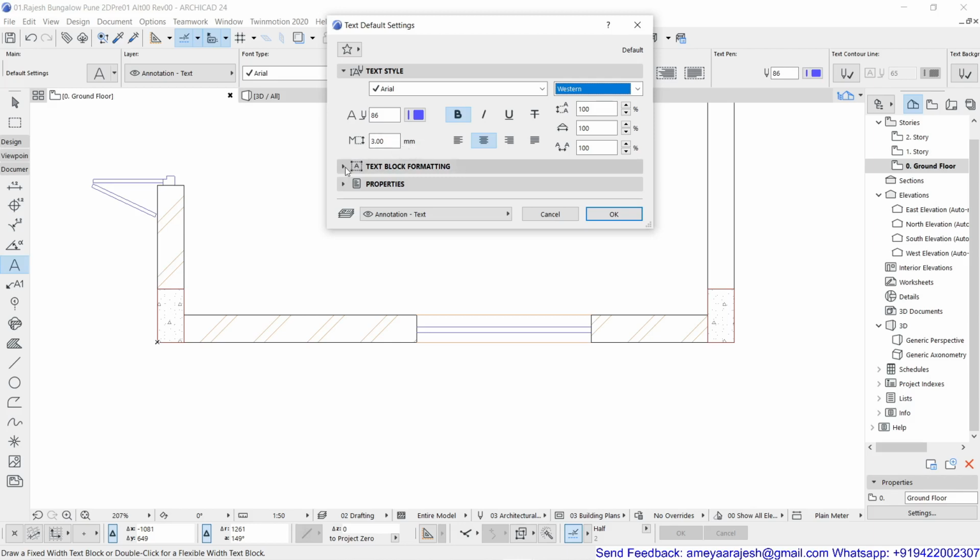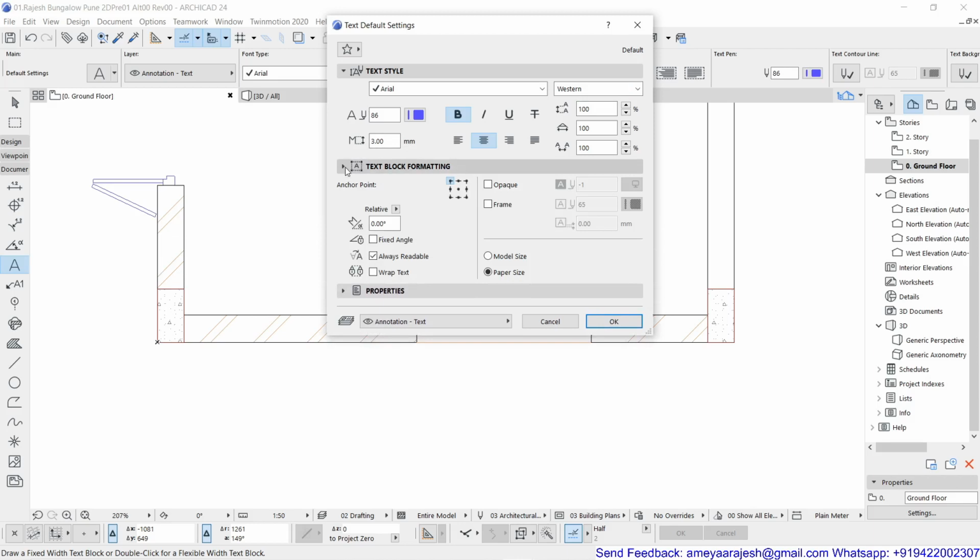How it will get decided, I'll expand this second rollout, and you check out there are two options, model size and paper size. Whenever you stick to the paper size option, then you make sure that the text height which you provided over here will be on paper how much height after printing. But if you go for the model size, then this is as per the true drawing units.